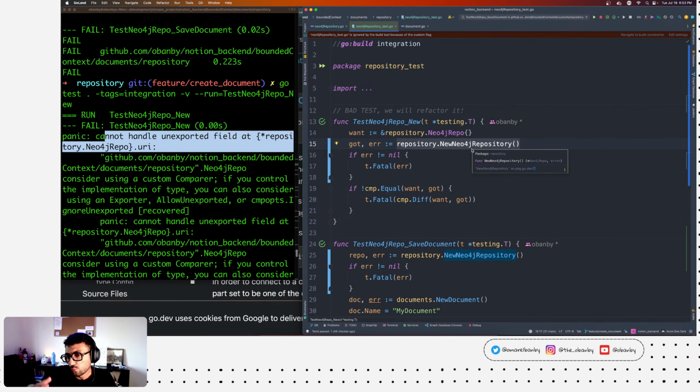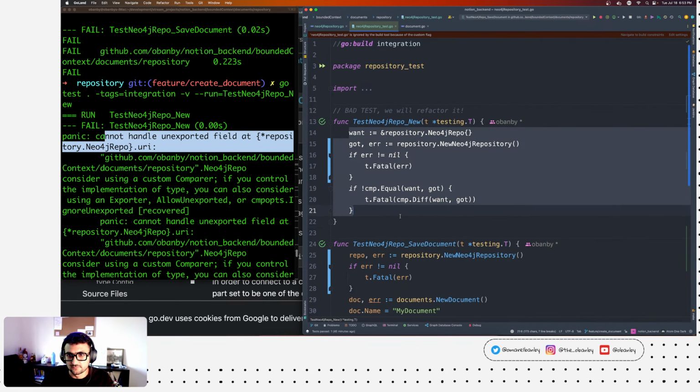So what I'm really trying to do is to check that I do get an instance of the Neo4j repository, and not really interested in the username and password. And really all I care about is that I can execute things on it. So for me, with the Neo4j repository, there is nothing much to test except that I want a singleton.